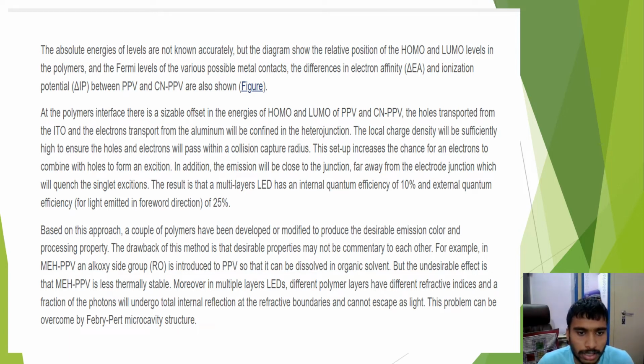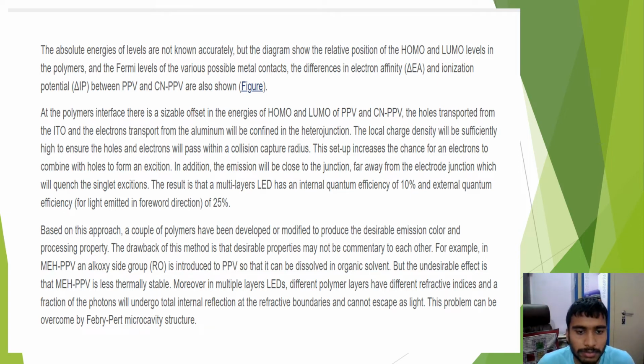Based on this approach, a couple of polymers have been developed or modified to produce the desirable emission color and processing property. The drawback of this method is that desirable properties may not be complementary to each other. For example, in MEH-PPV, an alkoxy side group RO is introduced to PPV so that it can be dissolved in organic solvent, but the undesirable effect is that MEH-PPV is less